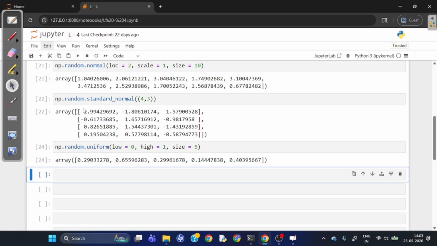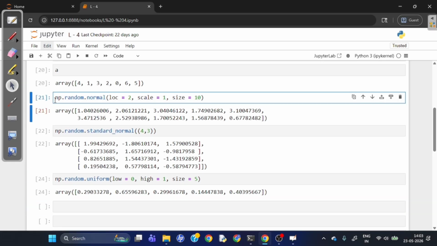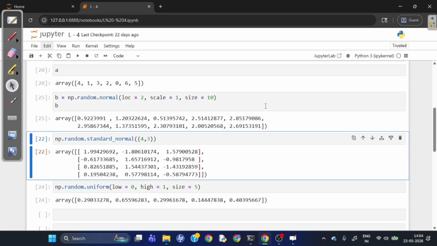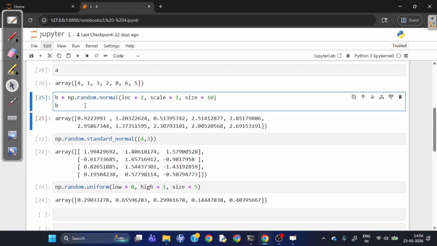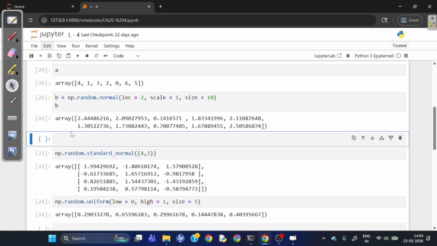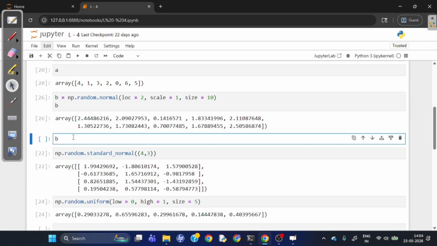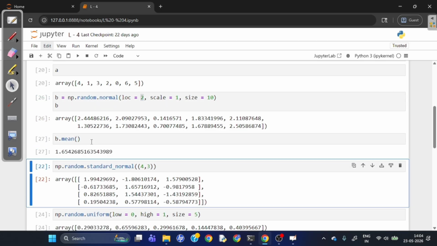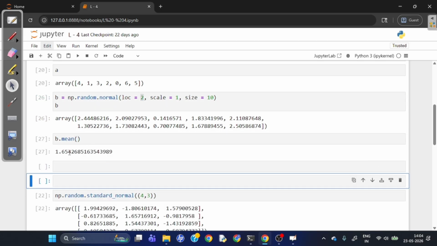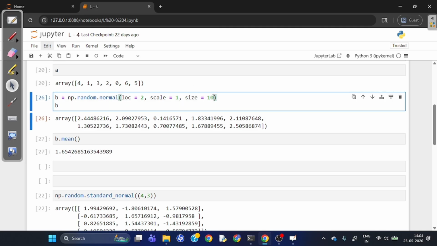Okay, actually I forgot to show you here. Say this is array b, and I have generated this b. Each time I run this, I will get different values, because this is a random data generation method. Now if I check the mean and the standard deviation for this, I should be getting around 2, because I have passed 2 as the mean. So approximately around 2. You can see it's not exactly 2, but if I increase the size of the data,